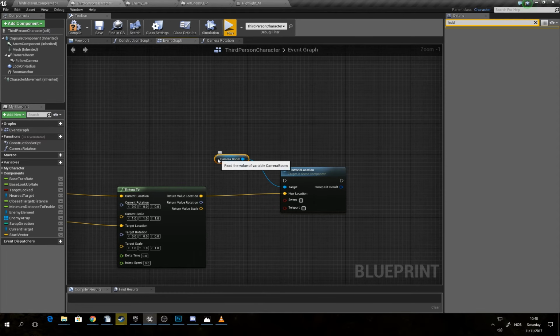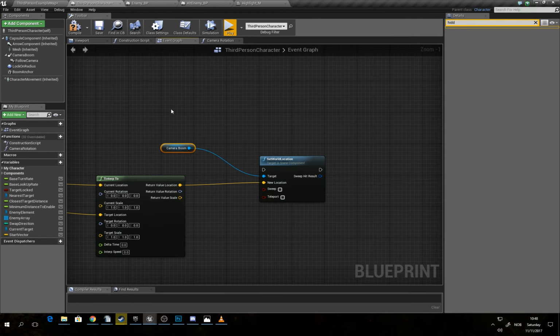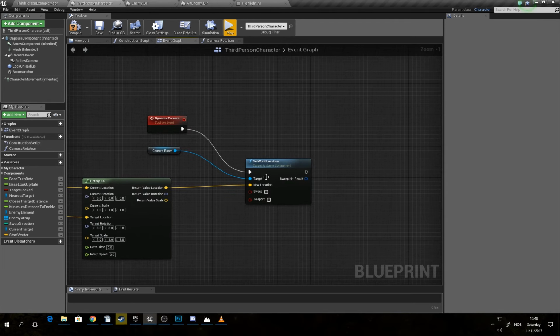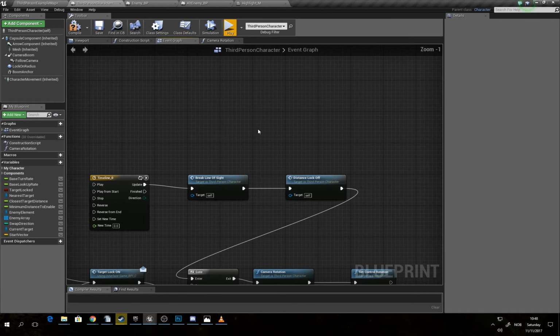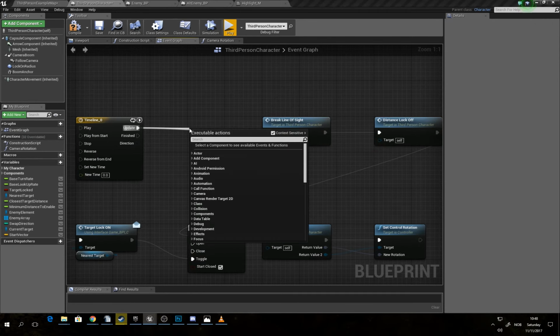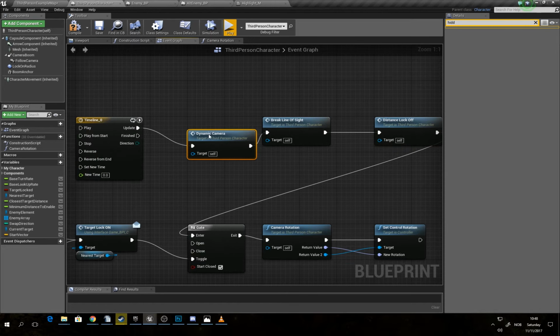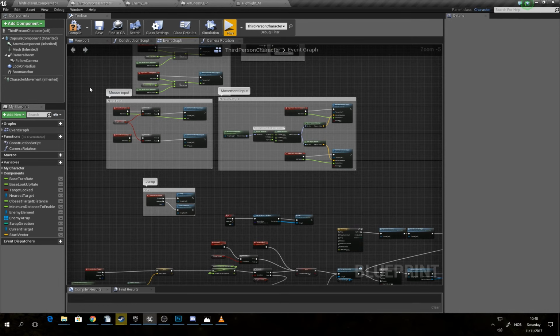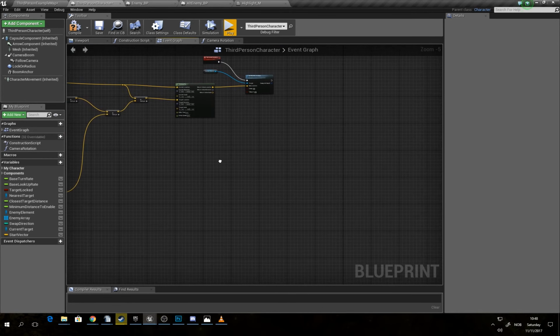But we need something to drive this as well. So we're just gonna set up a new custom event, and I'm gonna call this dynamic camera. Plug that in here, and we need a call for this. And because we want this to be active all the time, we're just gonna come down to our timeline, and we're going to, well, let's move these first, and we're going to drag off of our timeline and say dynamic camera, and just plug that in there. So now it should be driven all the time, and unless I've forgotten something, this should now work. So let's compile